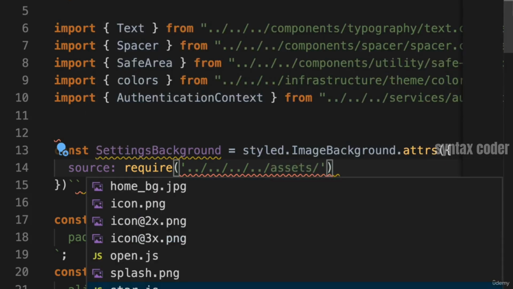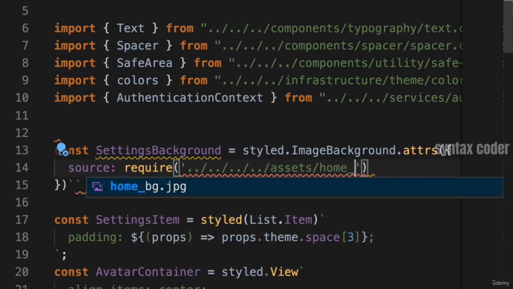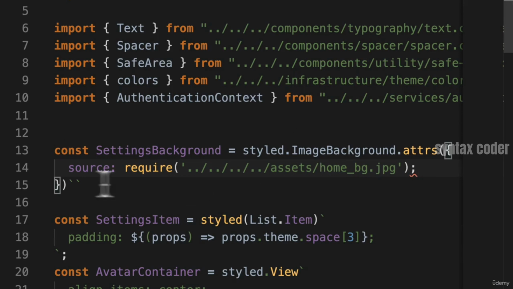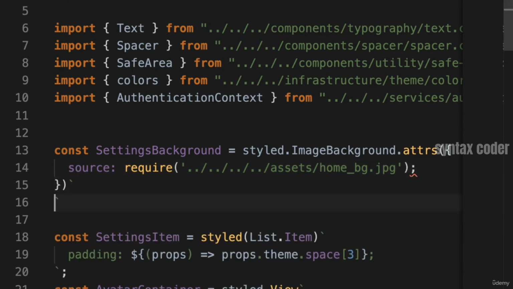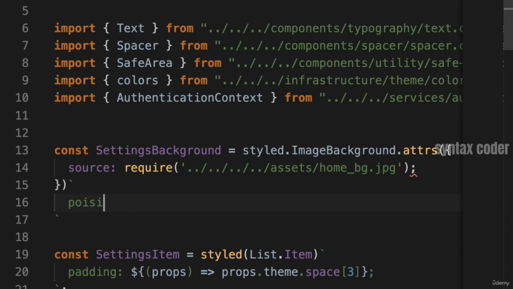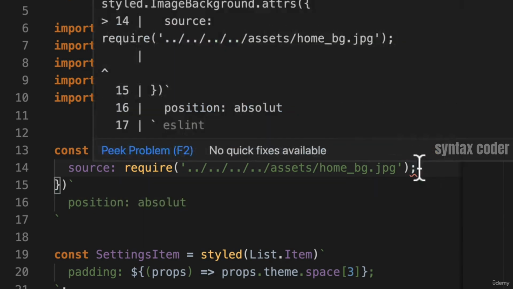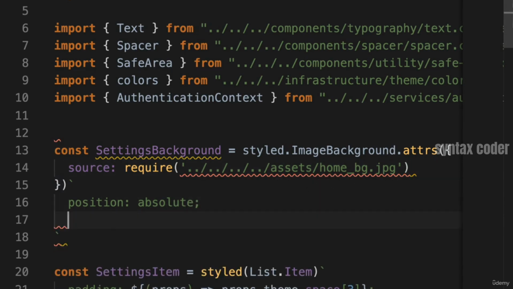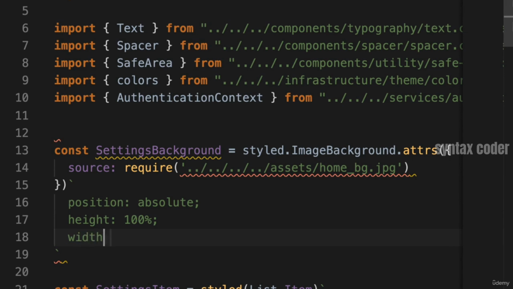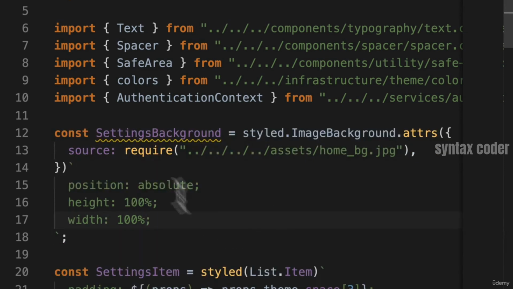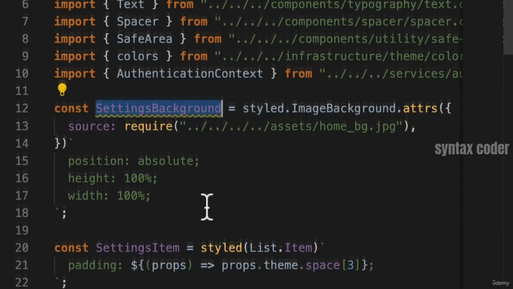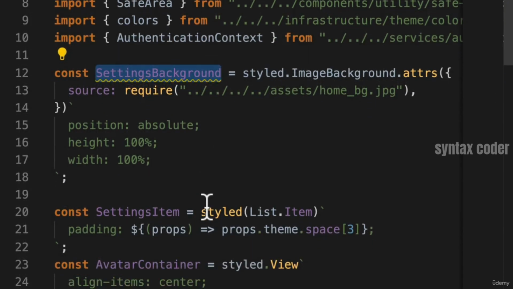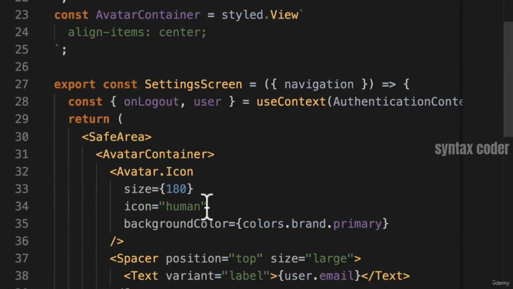assets/home_background.jpg. And by having that, now what we need to do is we'll say set the position to absolute. Set the position to absolute, set the height to 100%, set the width to 100%. And then once we have that, what we can do is go and put the settings background around